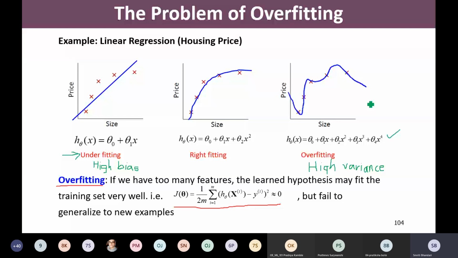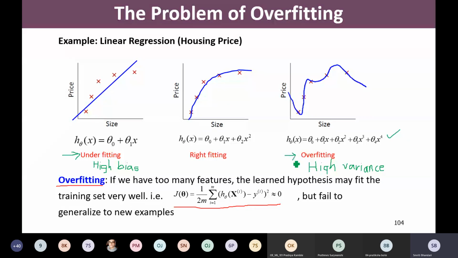generalize the hypothesis. What do we mean by generalization of the hypothesis? What do we actually want? We want that for an unknown sample, after building the model, my model should work well. But in case of overfitting, there is a possibility that the model works well for the training data set, but if I change the data samples, then it may produce comparatively high error. And if this is the case, then we say that the model is overfitting.